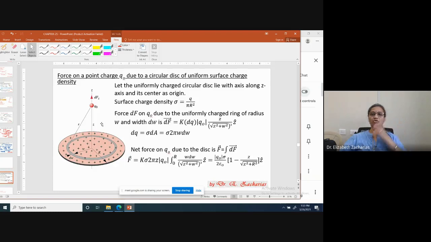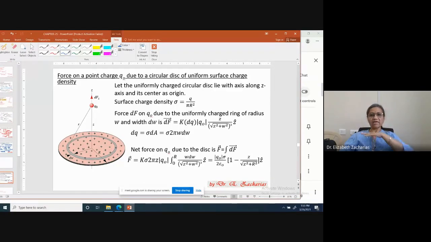Okay, now hoping that you have understood whatever we have done till now. So we have been doing one line, then from that we went to a ring, which is again a wire only. Now we will go to a two-dimensional charge distribution. So what we are going to have here is a disk. It's going to be a disk of charge carrying a uniform charge.